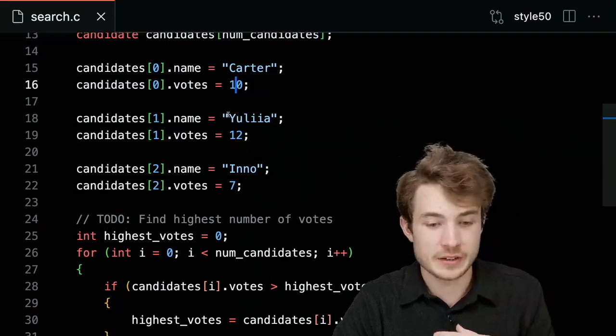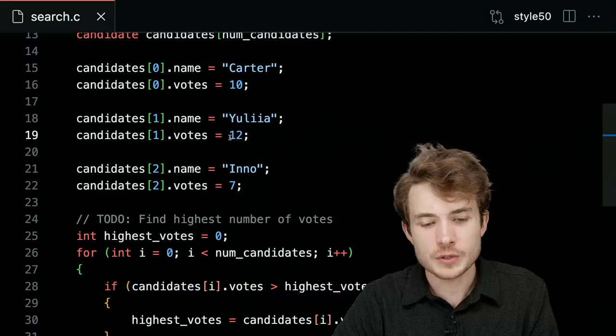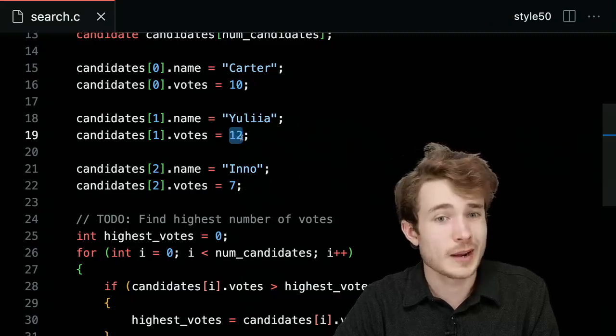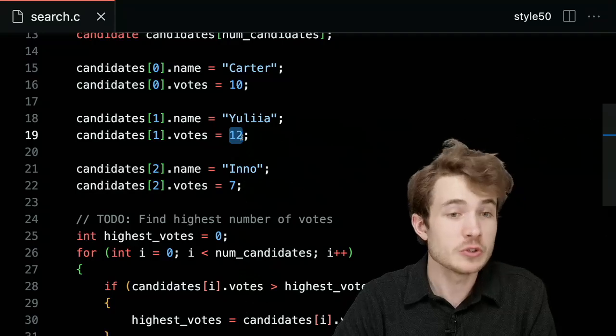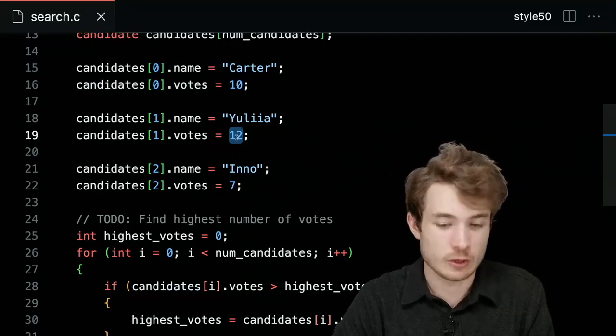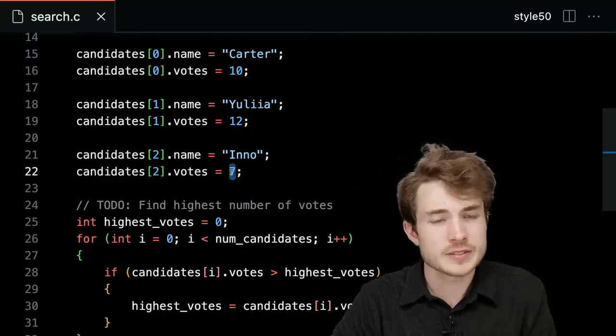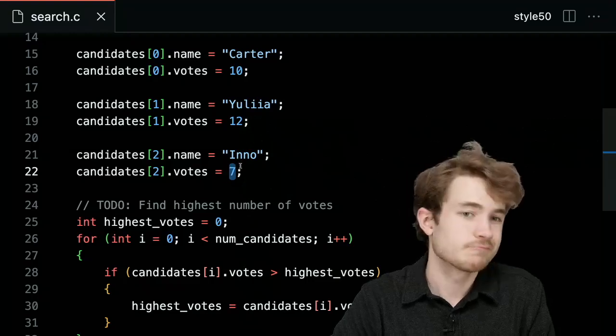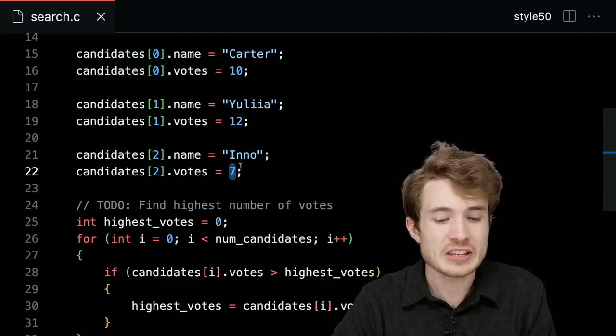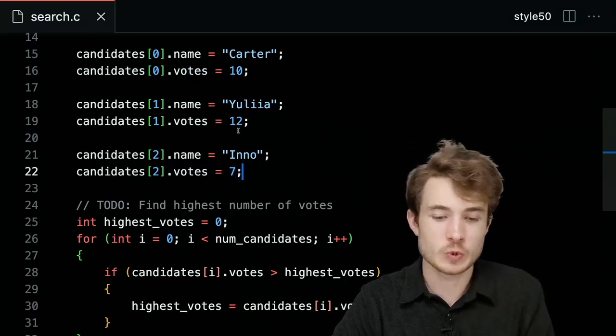I'll look at the next candidate. This one is Yulia. And I'll say, well, is 12 greater than 10? It is. So my new highest number of votes is now 12. I'll then look at the next and ask, well, is 7 greater than 12? It's not in this case, so my highest number of votes is still going to be 12, and by the